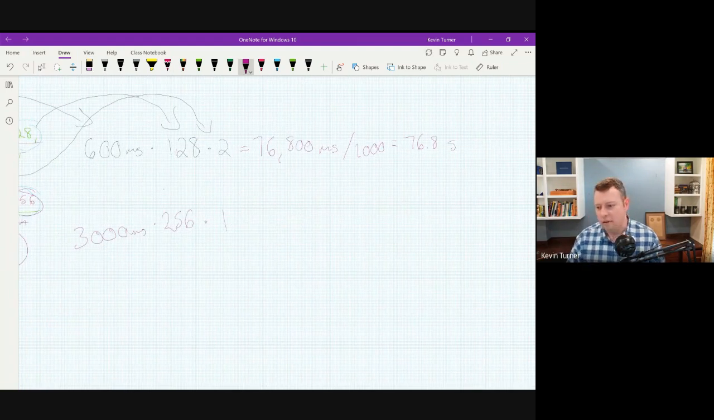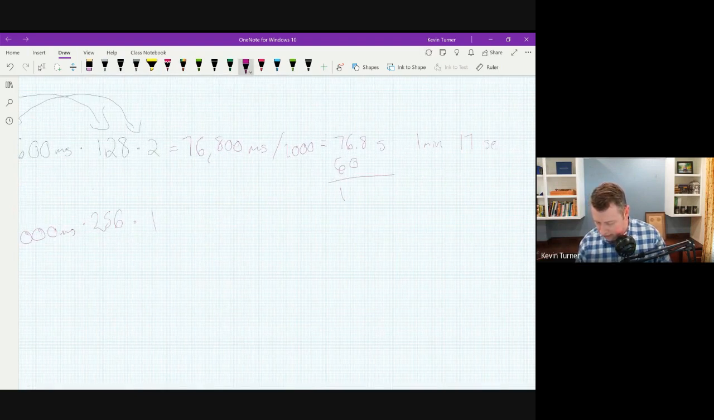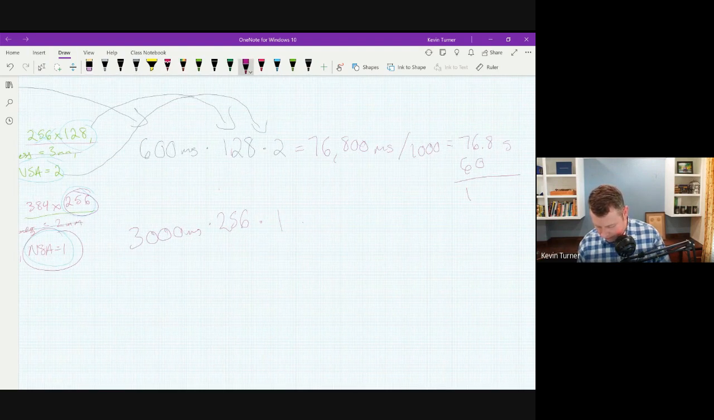seconds. But there will never be a correct answer where the seconds are over 60. So here, you don't even have to do much math. You can just figure it out. Well, there's 60 seconds in 1 minute. Take away 60 seconds, then it's 1 minute. And the remainder is 16.8, round up to 17. 1 minute and 17 seconds is how long this scan will take. Over here,